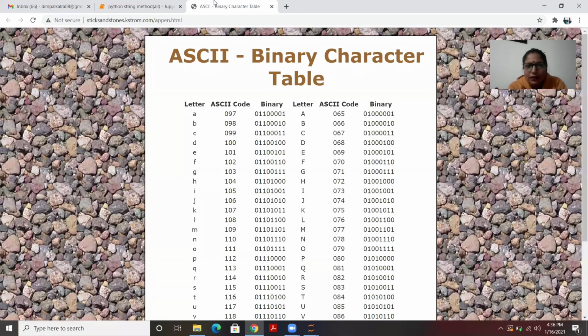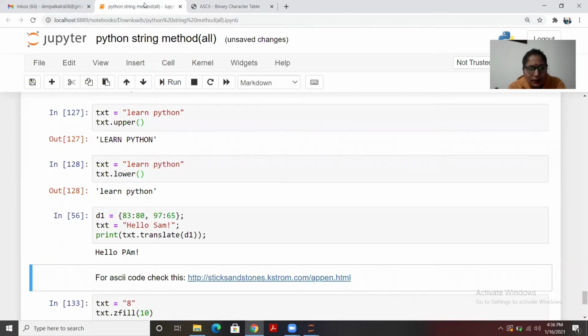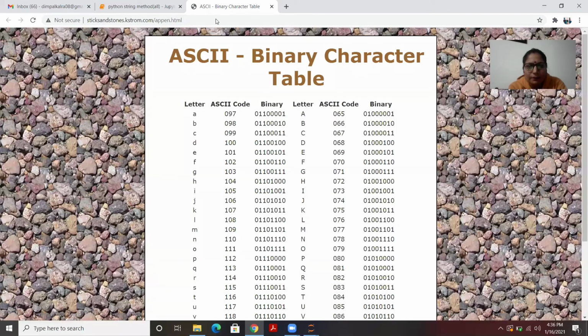If you see, the 80 is the value of, let's say, yes, here it is. Oh yes, sorry, that was for S. 83 is going to be 80. Let me find it out. 80 is P and 83 is S. So earlier it was S, and now we want to convert that to 80.